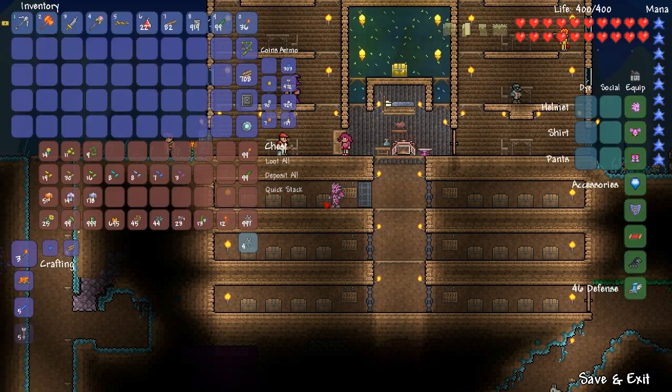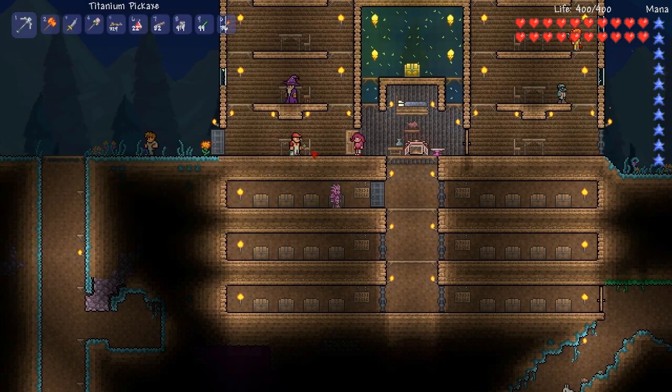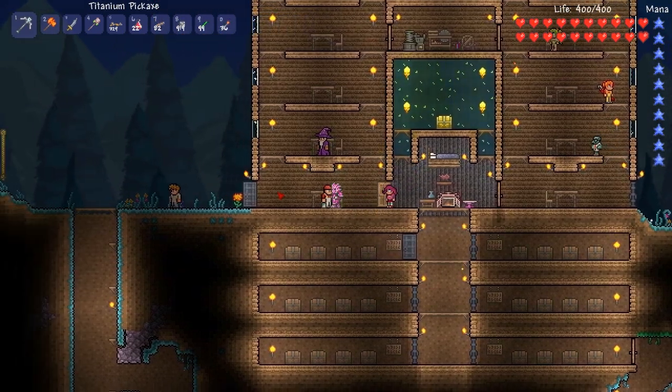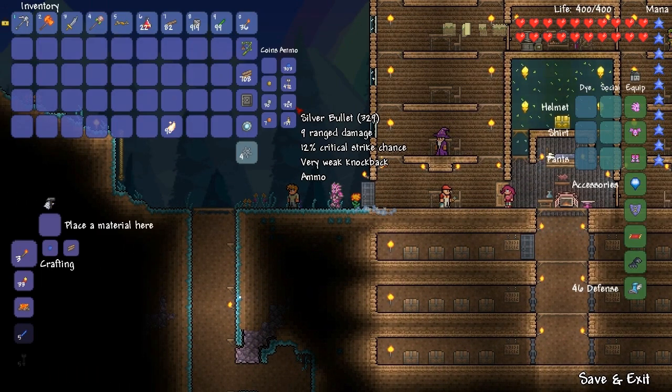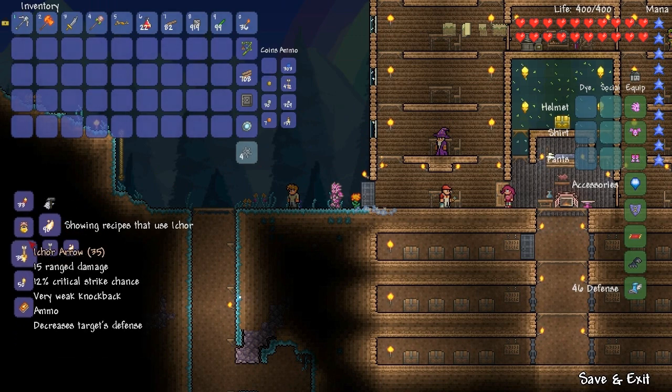I think that was kind of the point, right? So we want to grab the Ichor for 1. And let's go talk to our crafting man and see what he wants us to put together for that. So put our Ichor here. We can make an Ichor torch. We can make a